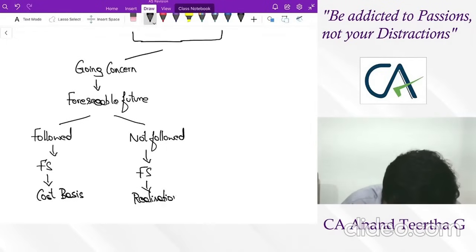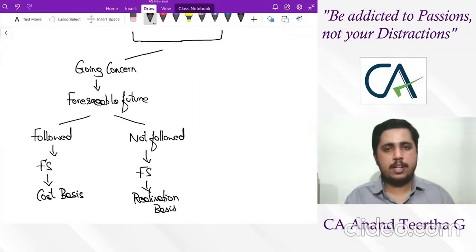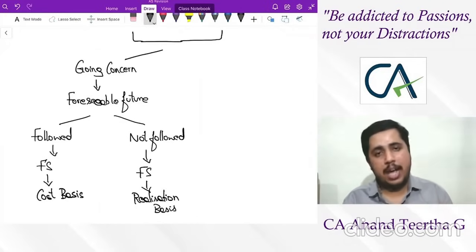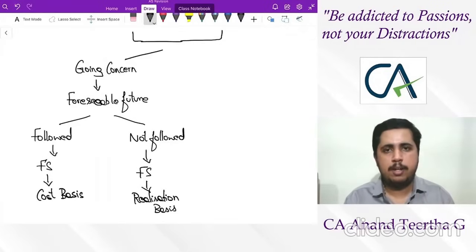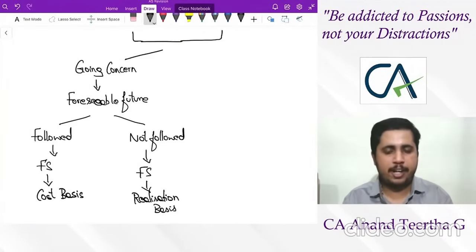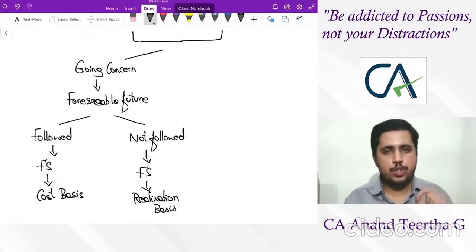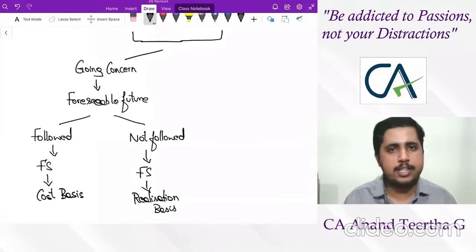One of the important things which might be asked in your exam is this. Suppose the institute says that the going concern assumption has been followed, then follow your normal methodology of doing everything according to cost. So assets are shown at cost, and liabilities are shown at the value at which they are due to be paid. However, if the going concern assumption is not followed, which means the concern might be closed in future, then you should show your assets according to realization value and your liabilities according to settlement value, because it is supposed to get closed in the near future. So that is the impact of going concern.